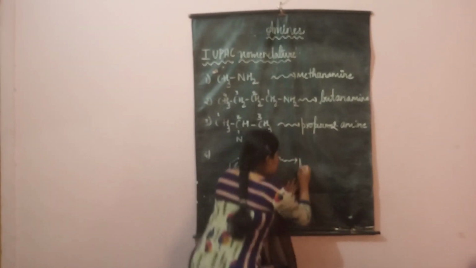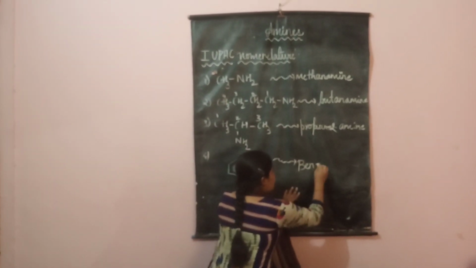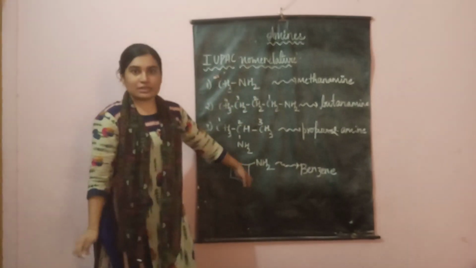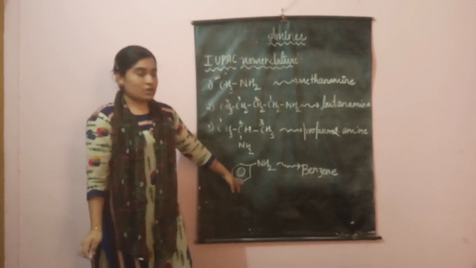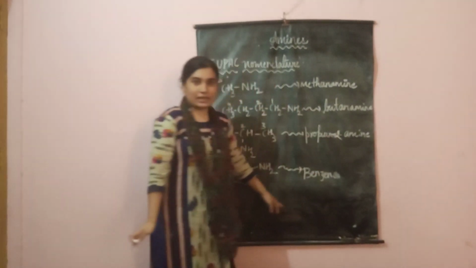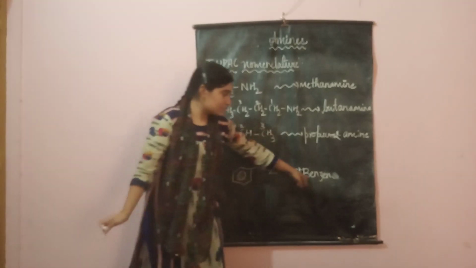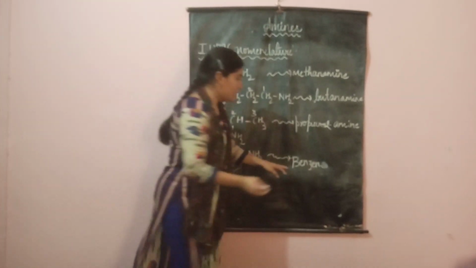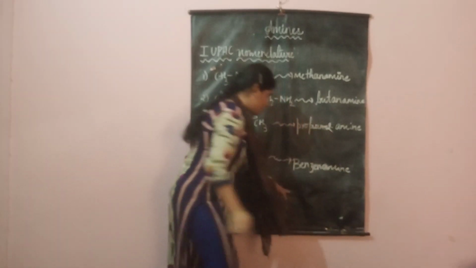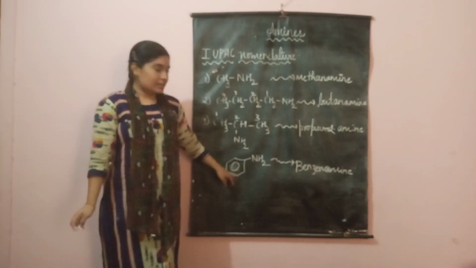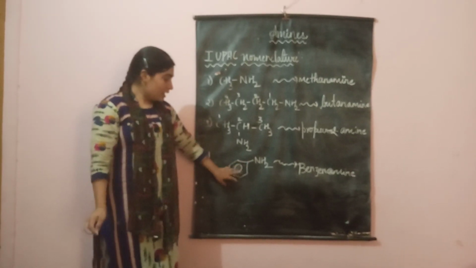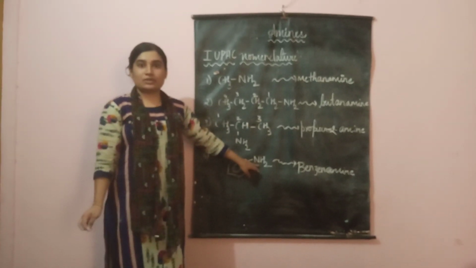So what you will be doing is you will be writing benzene. I have written benzene. See how many times is your NH2 group present? Only once it is present. So same way, what we were doing till now? We were erasing E. Same way we will be erasing E of benzene and replace it by the word amine. Benzene amine. Another name for this is aniline. I had already told you in the last video. Benzene attached to NH2 is aniline.